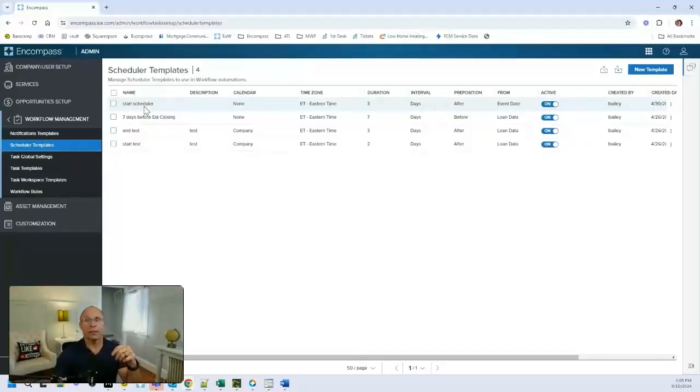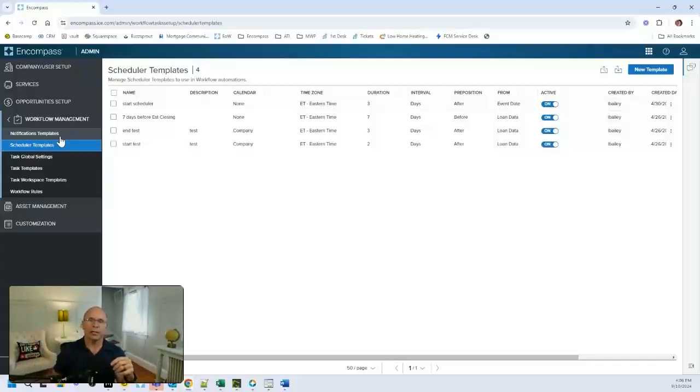And you're going to send that notification template, which we'll talk about in a moment, to your disclosure team saying, hey, the Bailey loan still has to be disclosed by the second day. If the loan wasn't disclosed by the second day, the disclosure desk notification will go out, and then hopefully they'll do what they're supposed to do. But what if the loan was disclosed an hour after that scheduler started? You don't want that scheduler to still send out the notification, right?